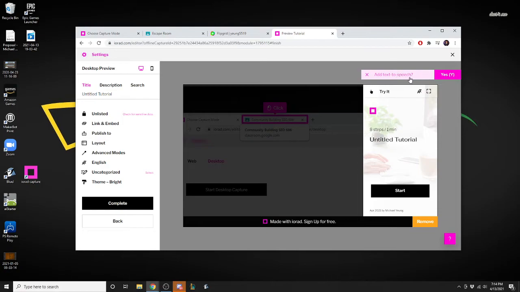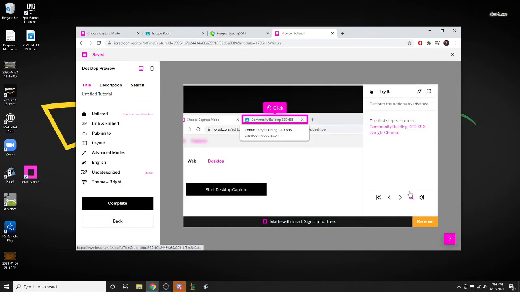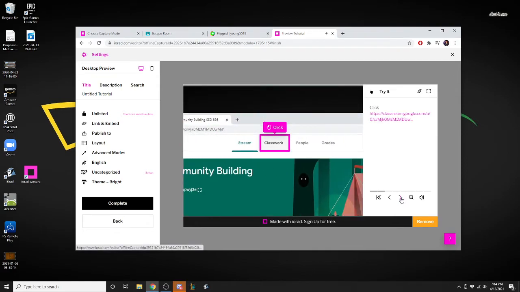Add text to speak. Okay. Previewing. We're gonna start. The first step is to open Community Building said 686, Google Chrome. Click https://classroom.google.com/u/0/c/mjk0mcm1w. So if you didn't like that, then you just want to get rid of all this, then that means